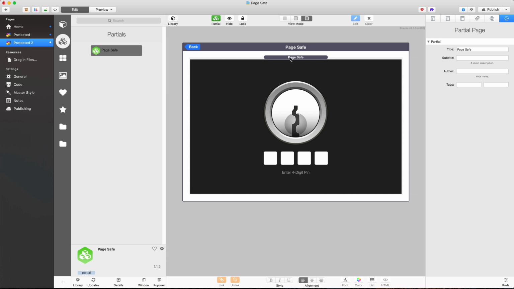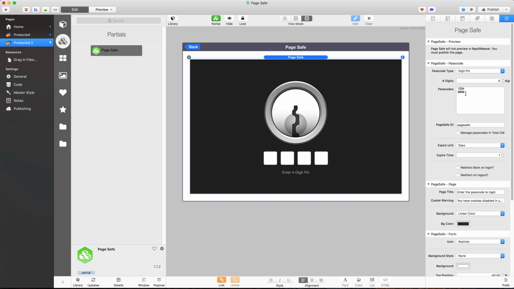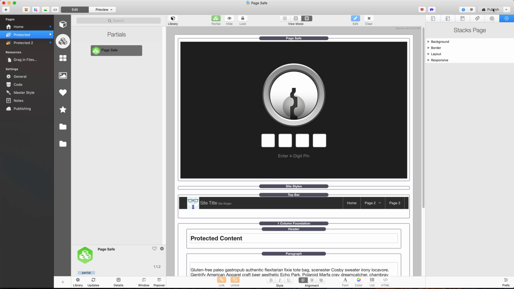And that means that we have all of our passcodes that we set up available across both pages. We don't need to update the stack in two different places. Okay, once we've done that, if we hit publish,